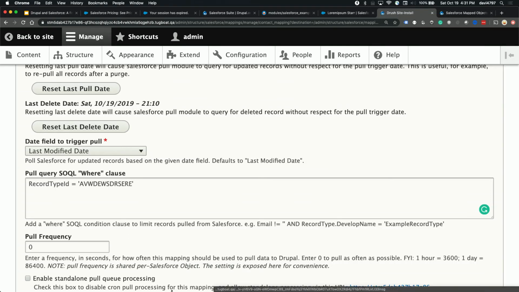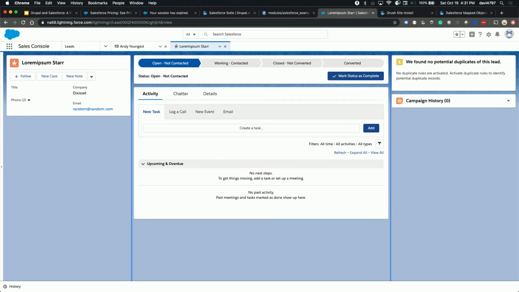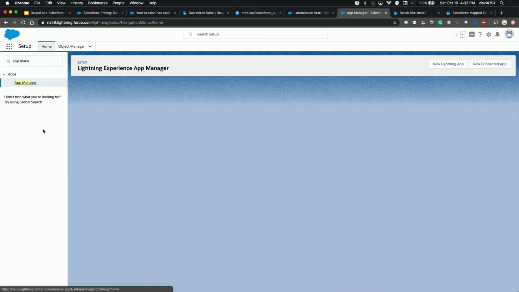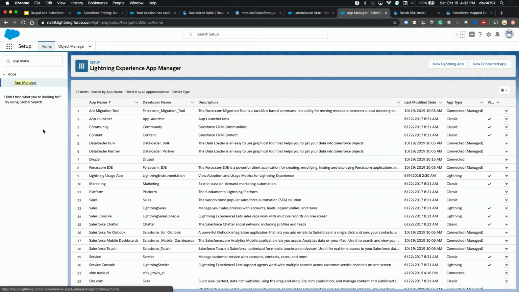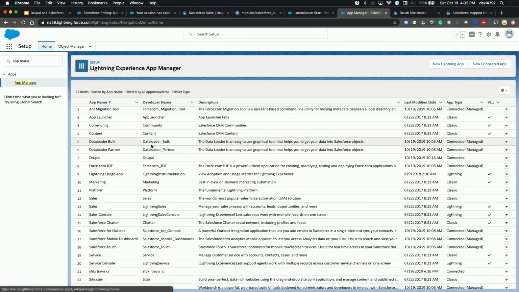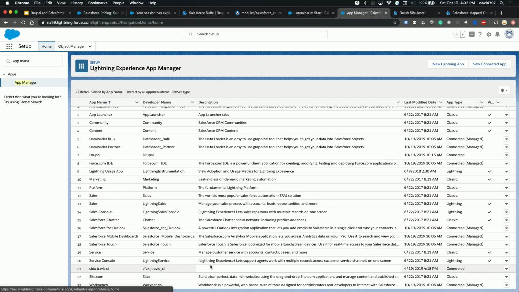You asked about what you would need to ask for them. Since we've got a little bit more time, I might as well surface some of this stuff to you. The way you're going to authenticate is inside of Salesforce. You'll have to create something called a connected app. If you're a user, you've got credentials, username and password, right? But if you want to connect as an application in an automated way, you have to create an OAuth authentication token. In this case, I created a connected app called Drupal,